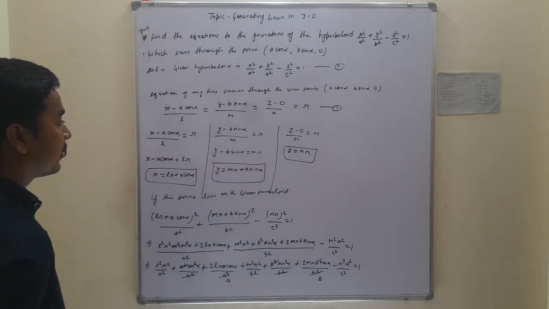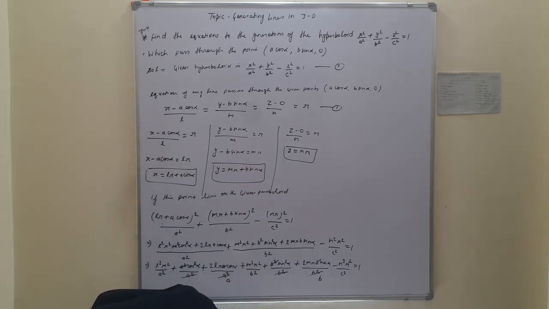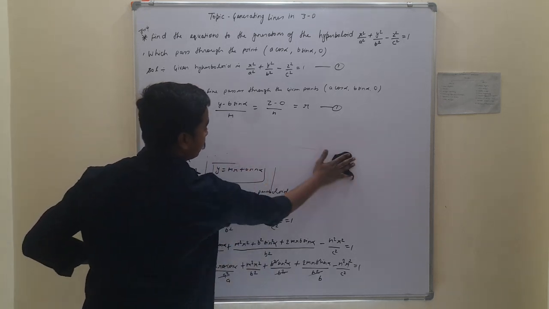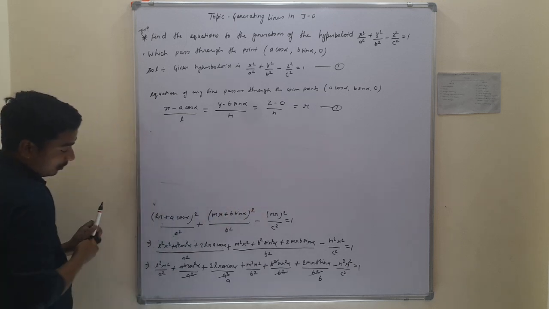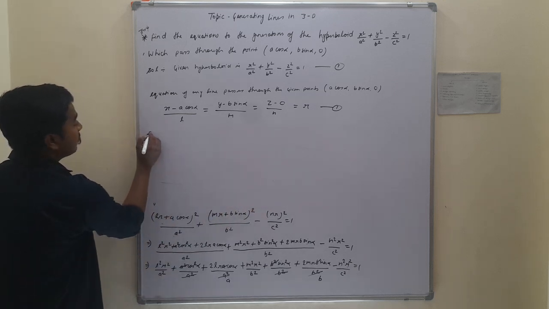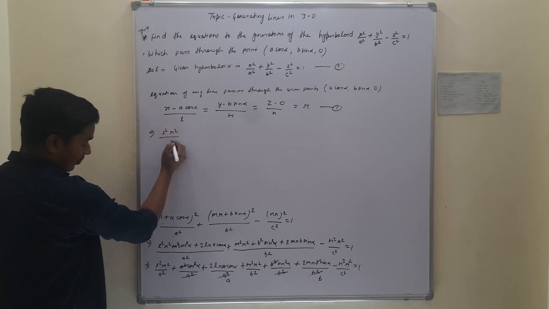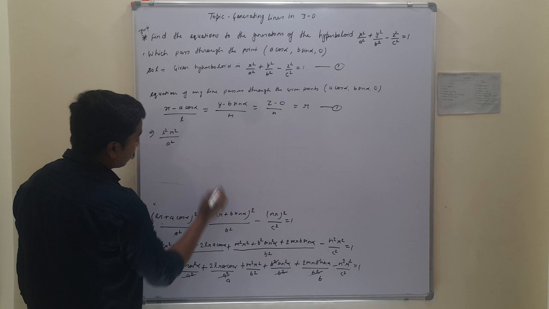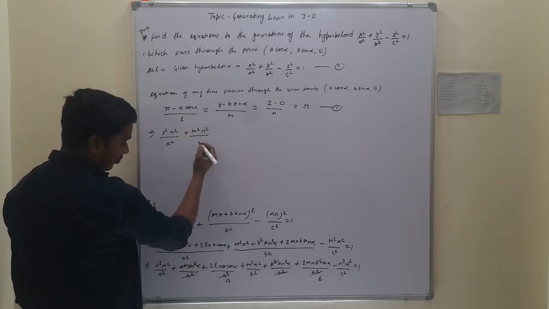So we write the further equation once again: l square r square upon a square, plus m square r square upon b square,